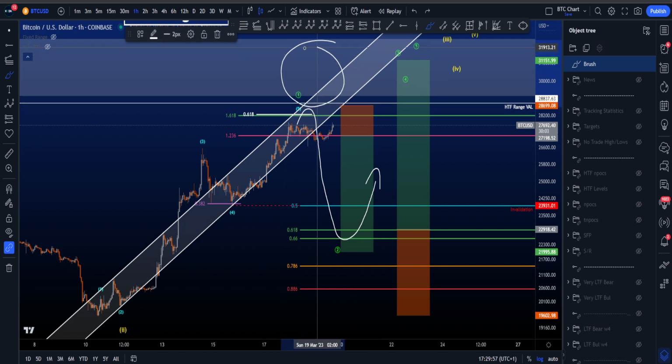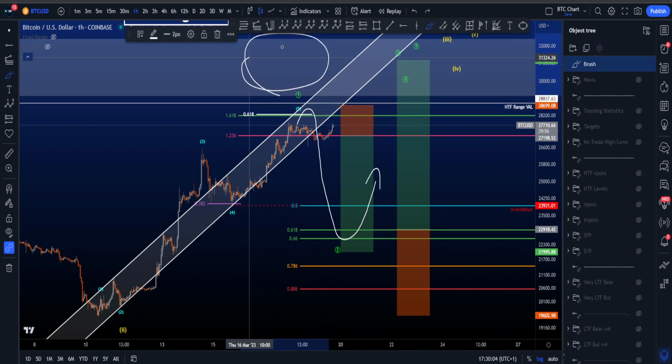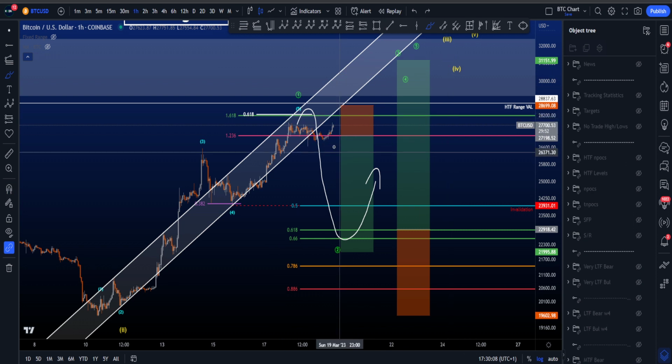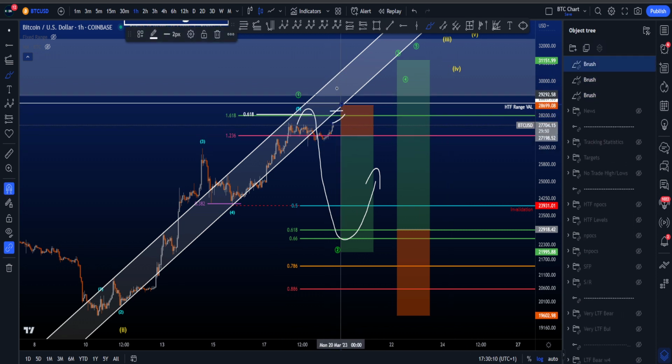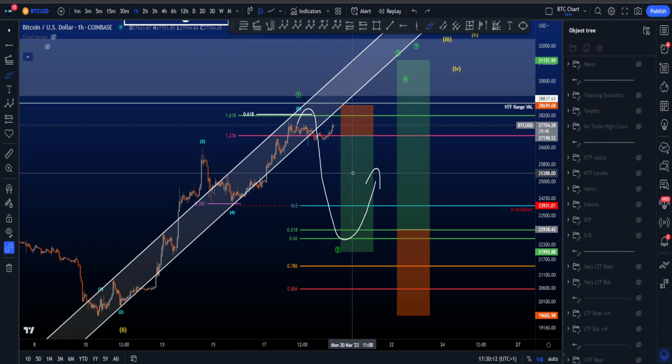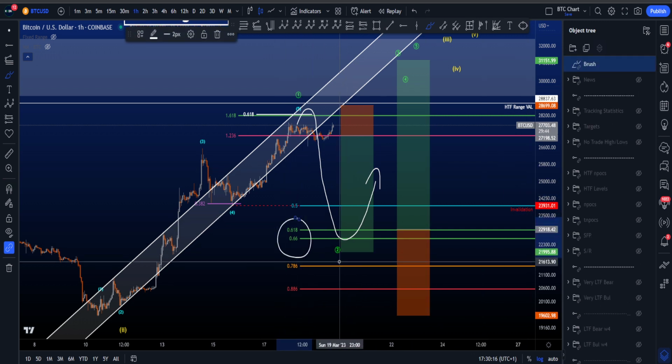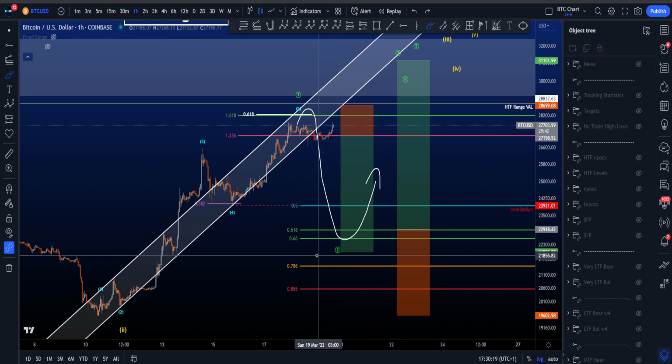There is quite a big resistance area right above where we are right now. We have the high time frame range, value area low, a big support resistance flip area as well, and some other confluences mentioned in my previous video as well. So a potential short can be laddered, stop loss somewhere above, be safe, and then eventually trade to the downside, where the most common target for a wave 2 is the golden pocket area,